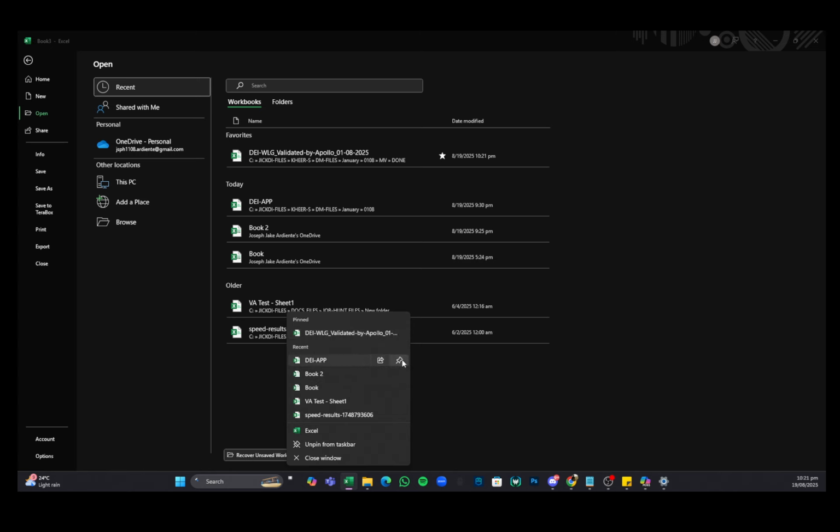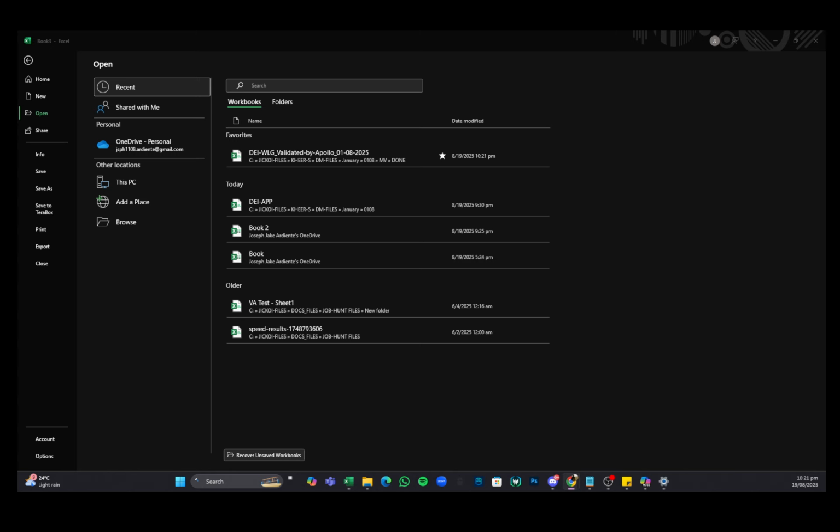With both these methods, you're ensuring that your most important workbooks are never more than a click away, enhancing efficiency and reducing friction in your daily tasks. By taking advantage of these pinning strategies in Excel and Windows, you're setting yourself up for a smoother and more productive user experience. Whether you work on Excel frequently or only on occasion, having quick access to your files is